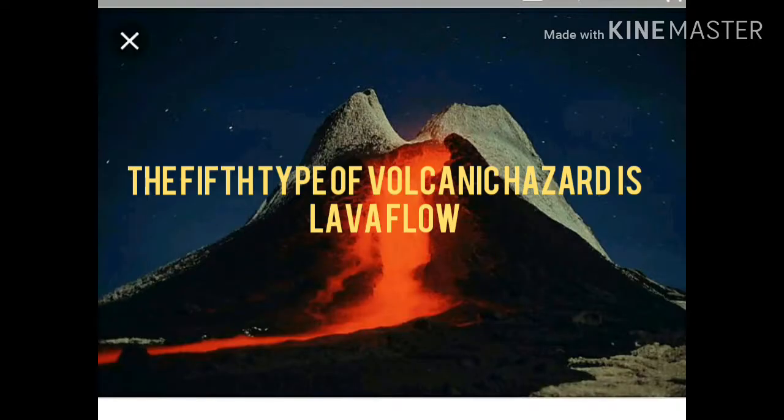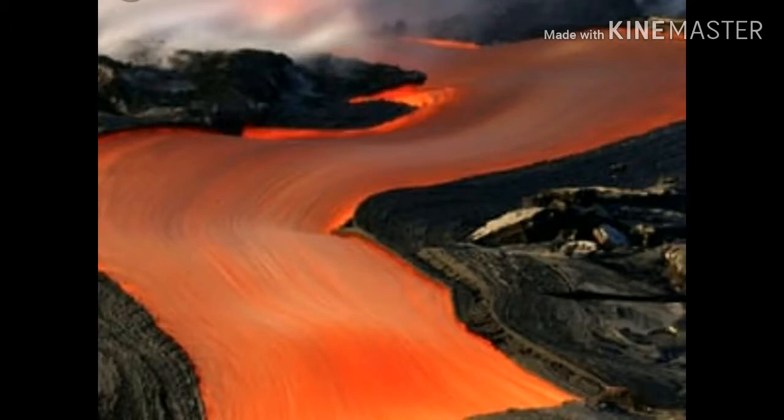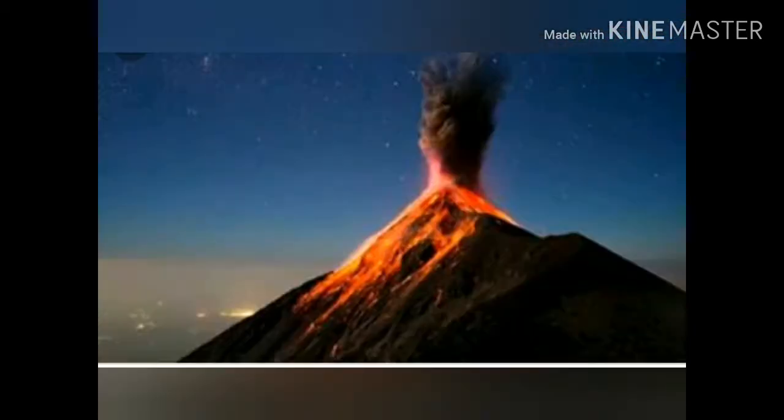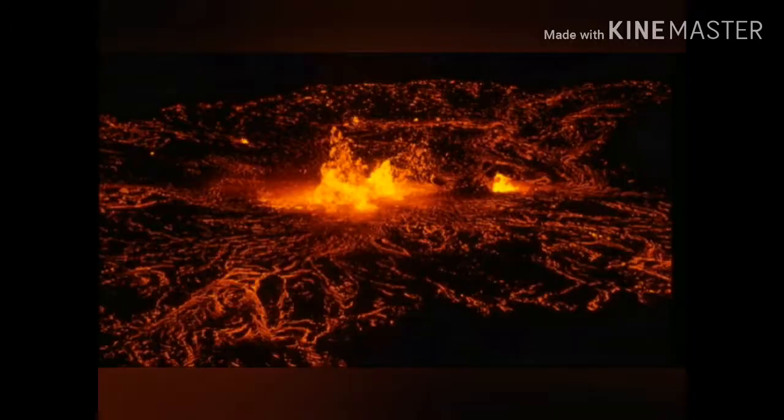The fifth type of volcanic hazard, lava flows, are streams of molten rock that pour or ooze from an erupting vent. Lava is erupted during either non-explosive activity or explosive lava fountains. The speed at which lava moves across the ground depends on several factors, including the type of lava erupted and its viscosity, the steepness of the ground over which it travels, whether the lava flows as a broad sheet, through a confined channel, or down a lava tube, and the rate of lava production of the event.